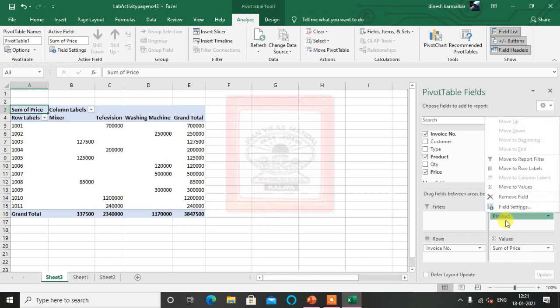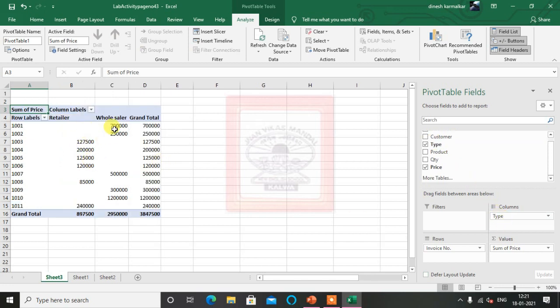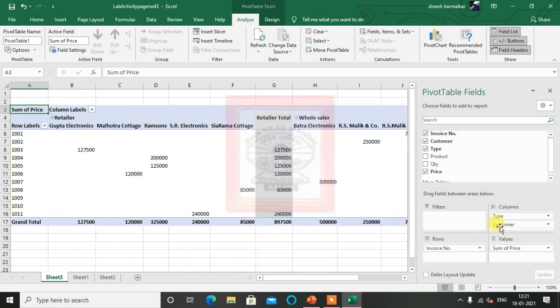Now if you remove product and check it for, let's say, type, then for retailer and wholesaler we get the total amount: 101 is the wholesaler, and 1034 is the total amount we are getting here. Or you can do quantity also like this. Or let's say I remove this and put customer here.